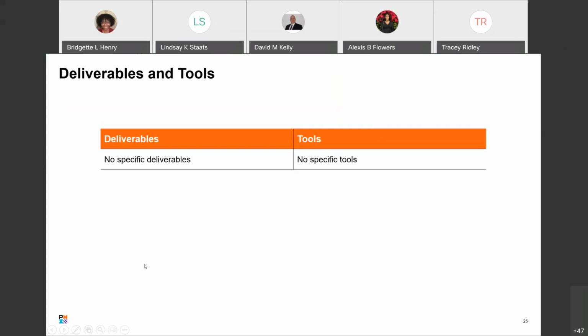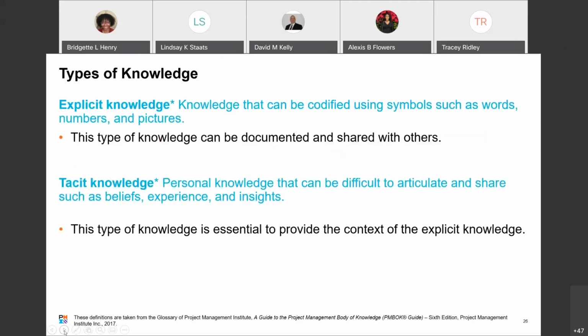There are no specific deliverables or tools for this section. This is really just talking about how you do it and what's important for you to remember when you're actually performing this. Now, a definition that you will want to pay attention to is explicit knowledge,